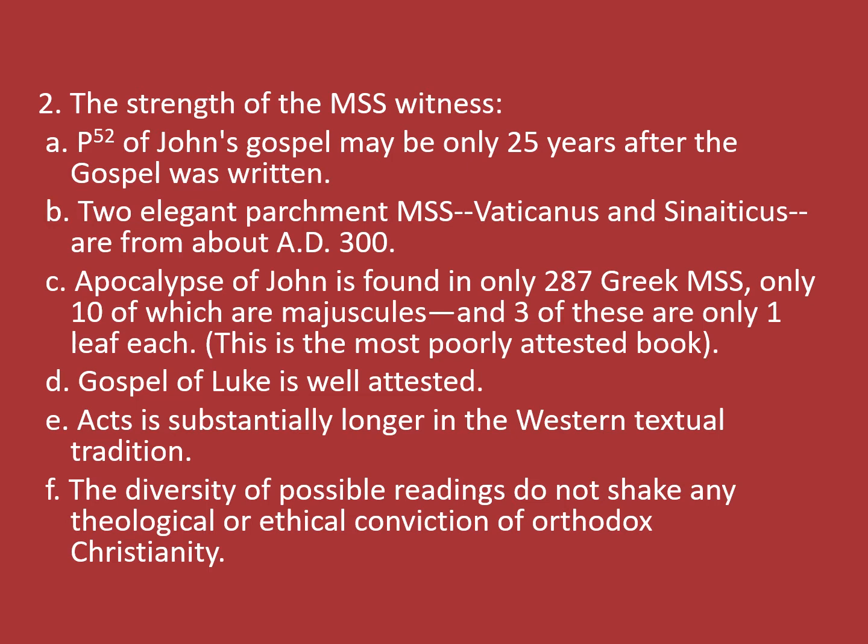The weakest evidence is for the Apocalypse of John. It's found in only 287 Greek manuscripts, and only 10 of these are majuscules or uncials, that is, these earlier manuscripts where capital letters were used. 3 of these are only 1 leaf each, rather than the entire Apocalypse. So that's our poorest evidence, and yet still it's better than a lot of the other classical writings that we